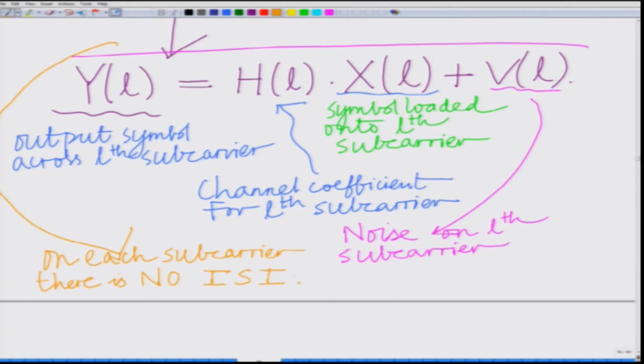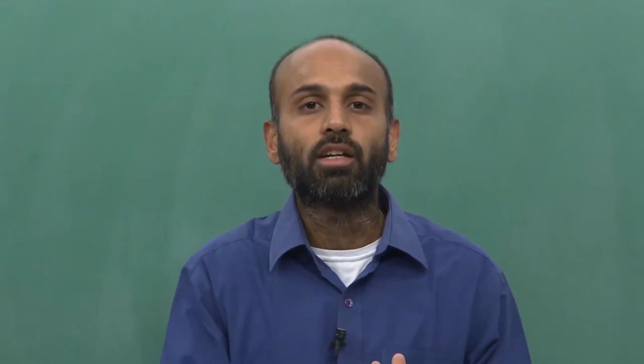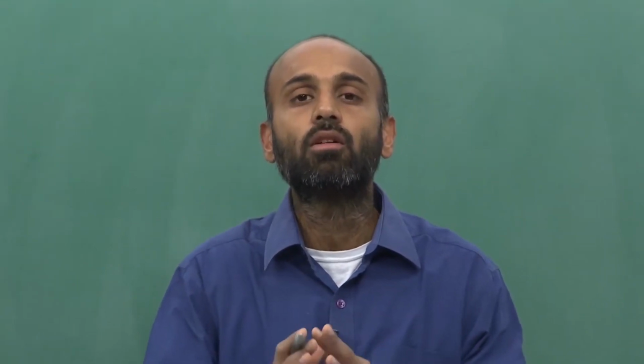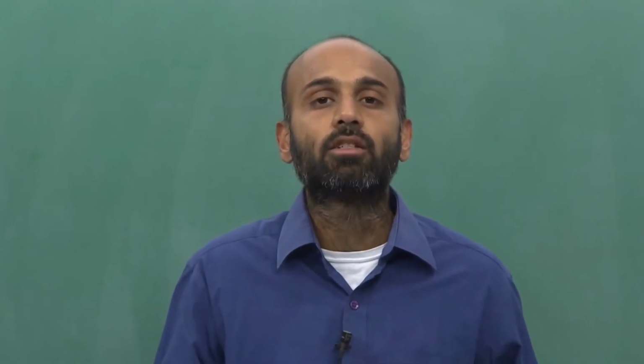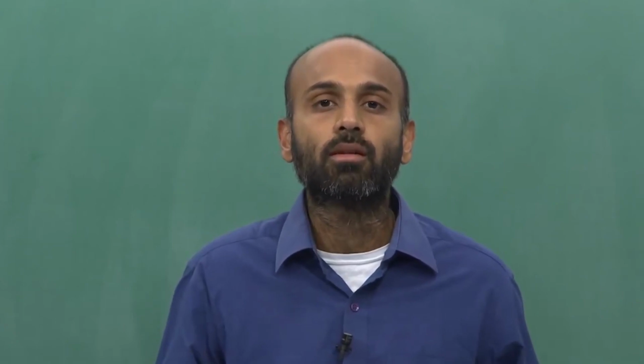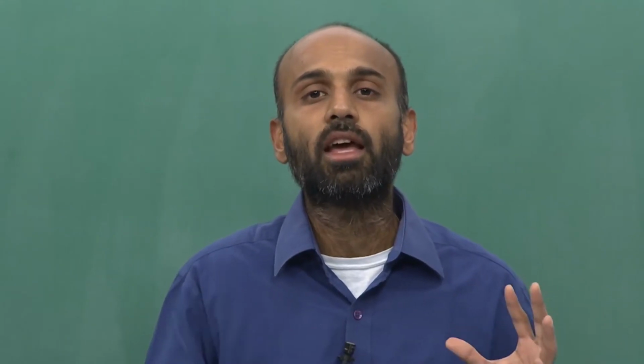This is important to observe. That is, there is no intersymbol interference on each subcarrier, because YL equals the coefficient HL times the symbol XL on the subcarrier plus VL. So, basically there is no intersymbol interference on the symbol capital XL, which is the symbol loaded onto the subcarrier. Therefore, it very efficiently removes ISI using simply the IFFT at the transmitter and the FFT operation